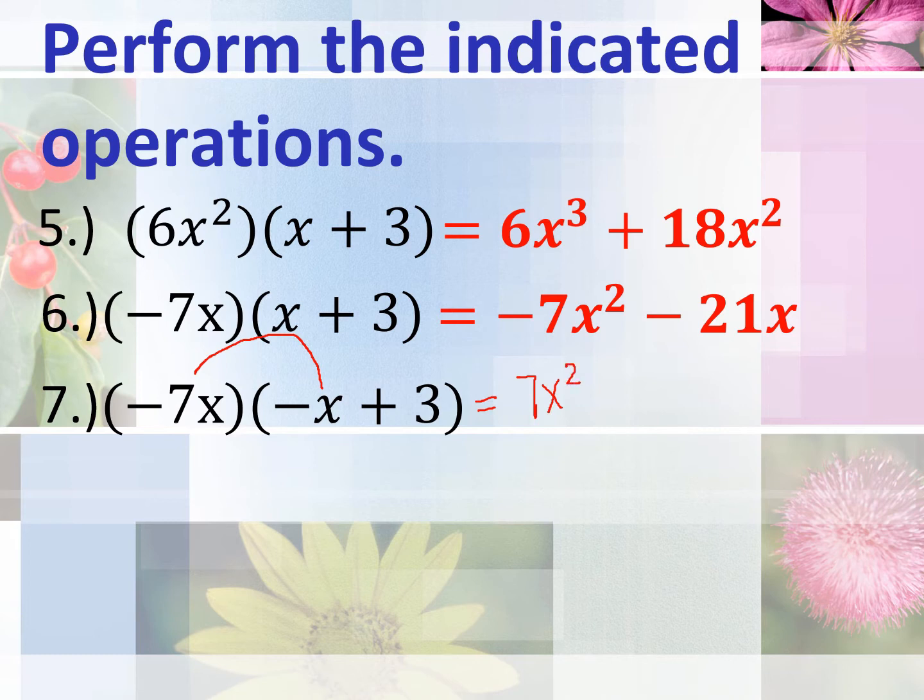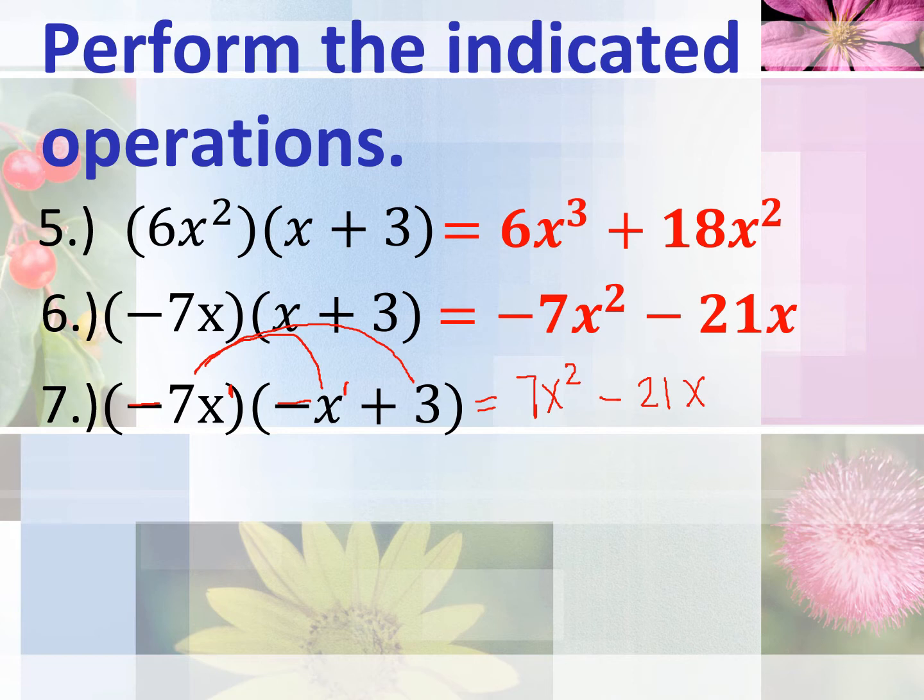Kasi parehas na negative yung ating x dito at saka yung 7x. Parehas negative. Since parehas ng sign, magiging positive yung sign sa answer. And then, of course, para silang variable na x, so i-add lang natin yung kanilang exponent, 1 plus 1, that is equal to 2. And then, negative 7x times 3, that is equal to negative